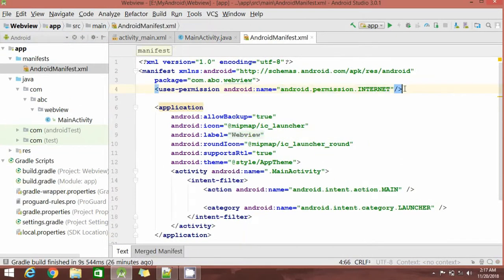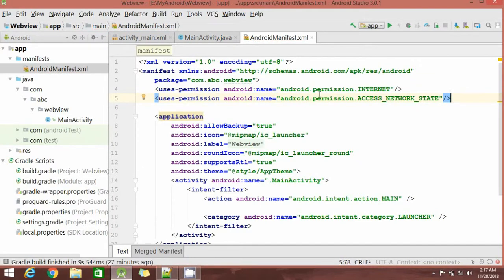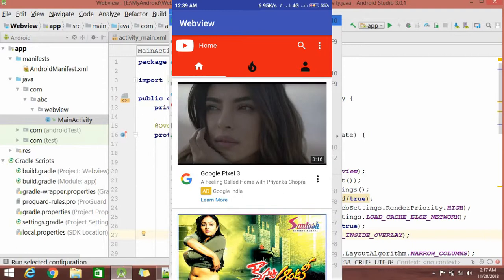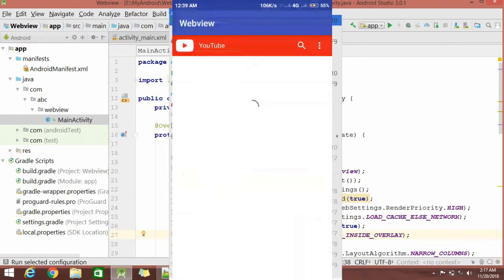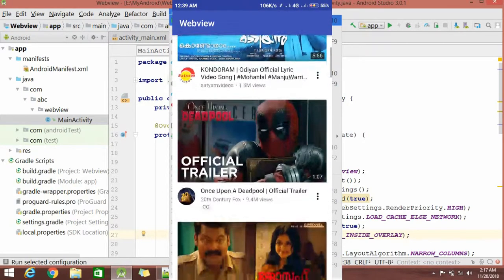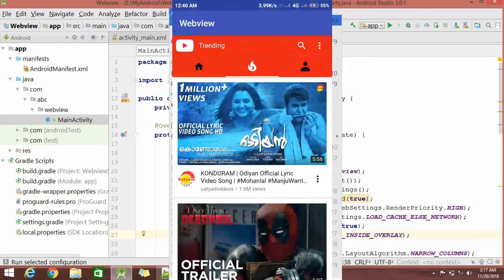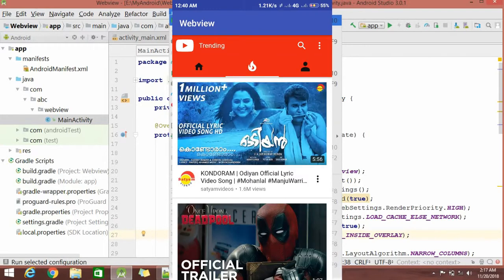Go to manifest file and add this user's permission. Now you can run and check your application. It is loading fast and navigating to next. So you can see it's